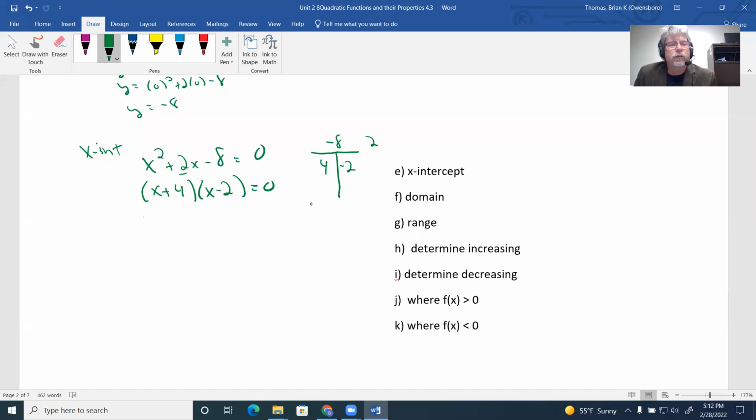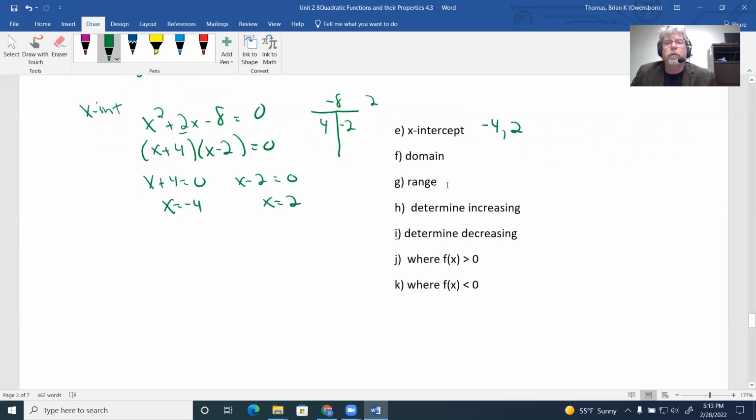Since it was factorable, we just set each factor equal to 0. x plus 4 is equal to 0 and x minus 2 equal to 0. So x equals negative 4, x equals 2. So it does have two x-intercepts, negative 4 and 2. The domain is going to be from negative infinity to infinity. There aren't any domain restrictions. The range,